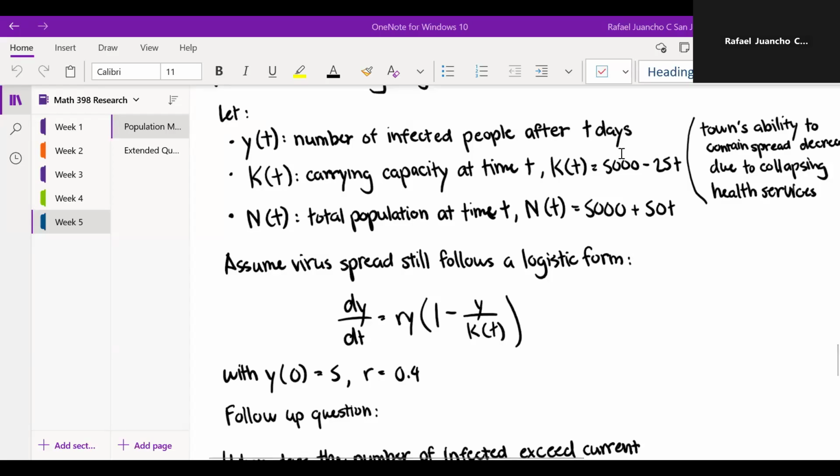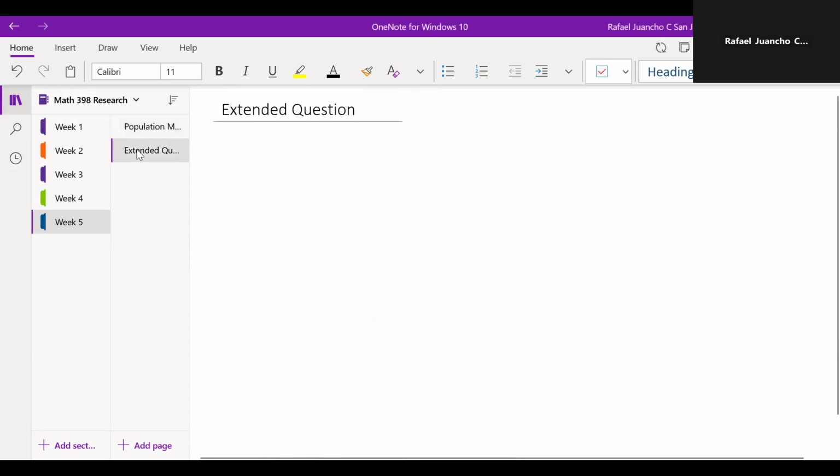So today we're going to be talking about my extended question in my population dynamics write-up. In most logistic growth models, the environment supports a fixed population size called the carrying capacity. But in real life, like with climate change or urban overdevelopment, the environment can worsen, and so the carrying capacity may shrink over time. And so my question basically is, bottom line, what happens